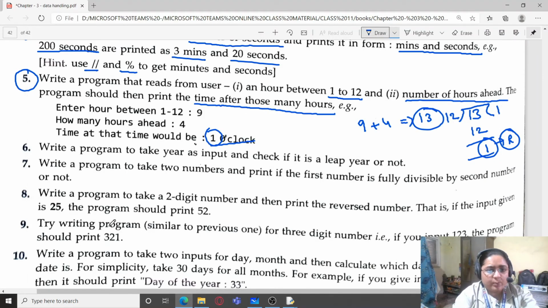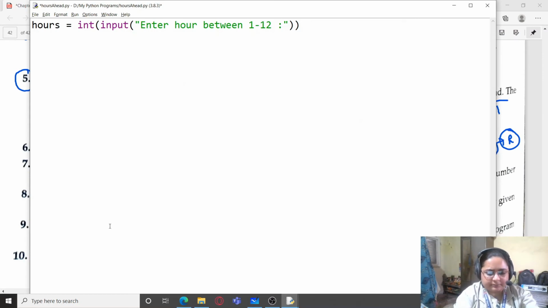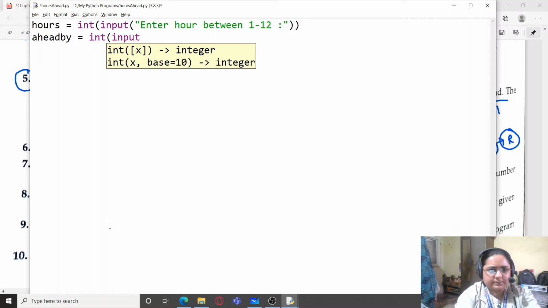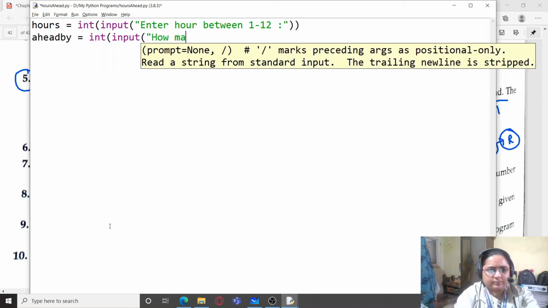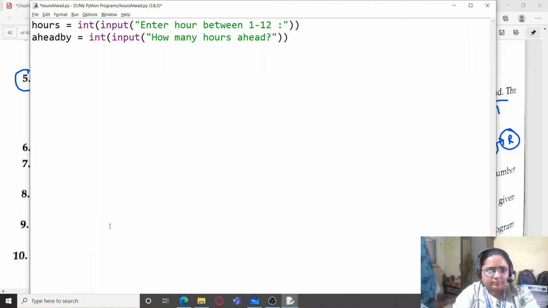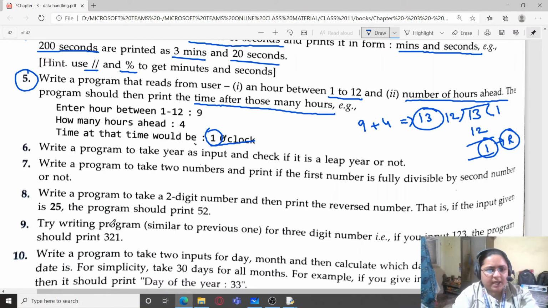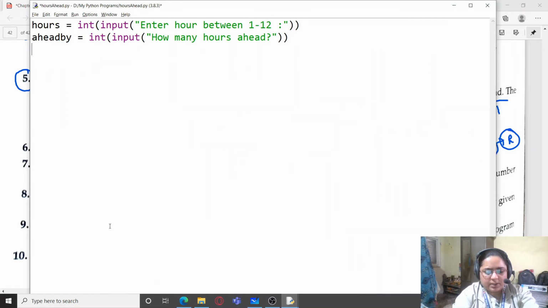Next is how many hours ahead. So I'm taking ahead by for that. And finally we have time at that time would be. So we will print.